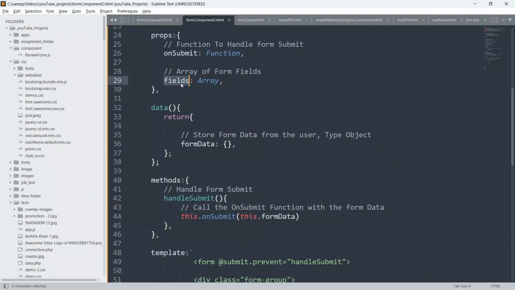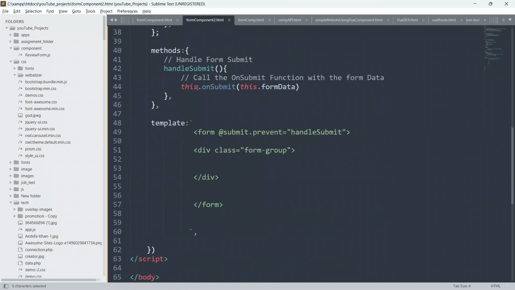This fields is an array, so we can easily loop through it with v-for.